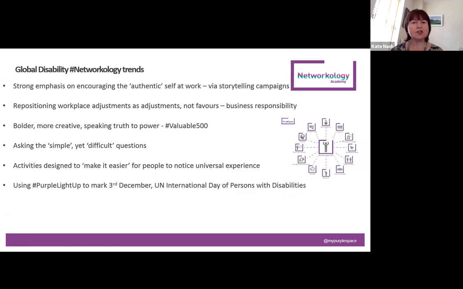And then finally, that last slide, Eric, before I close, the trends. As I say, a strong emphasis on authentic storytelling, and a strong emphasis on repositioning the workplace adjustment process as a responsibility, not favours. So starting to reframe that. We see a huge trend in how the work Caroline Casey is doing with Valuable 500 and the networks being prepared to what we would call speak truth to power. They ask the simple yet difficult questions,